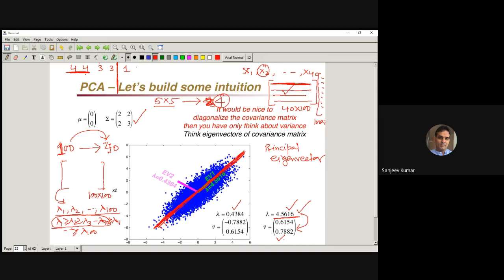So for a symmetric matrix, whatever algebraic multiplicity you are having, you will be having the same geometric multiplicity. So you will find 2 eigenvectors from here, and 2 eigenvectors from here. Getting my point? Even if we reduce dimension, we will get eigenvectors less than or equal to the number of eigenvalues.